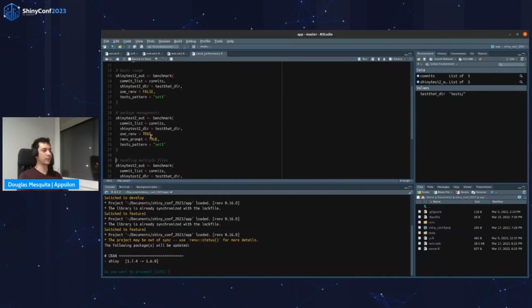So we are assuming that you are using this, and the way to inform it to Shine benchmark is using this flag, using renv equals to true. And also you can have some communication with renv if you turn renv prompt on as well. So as you can see, it was running the tests in develop branch, then it went to feature 1, but then in the feature 2, if you remember, we